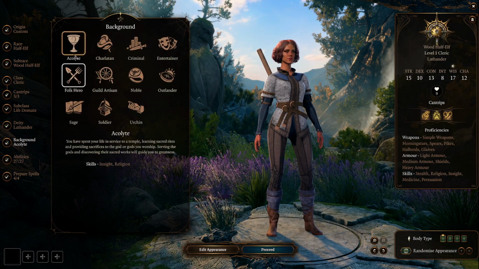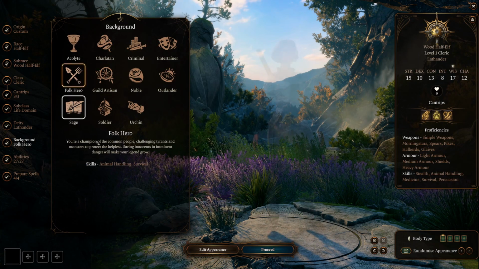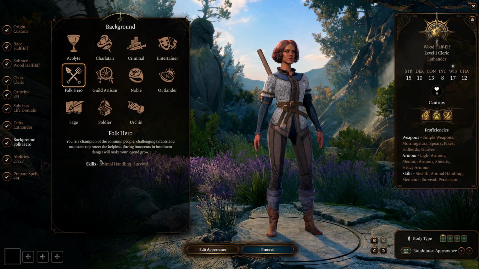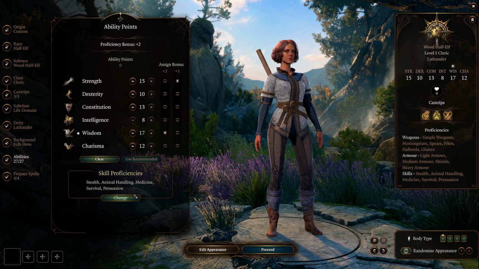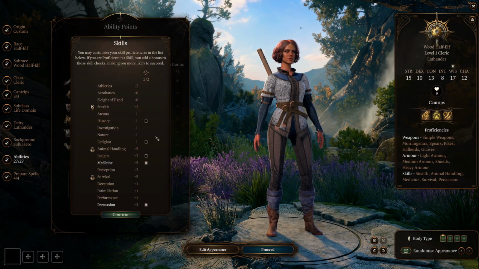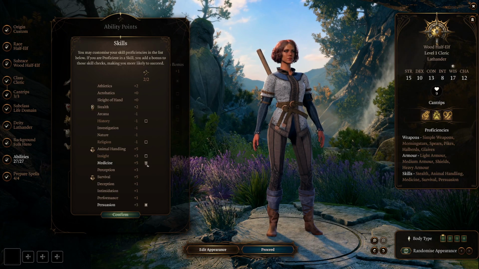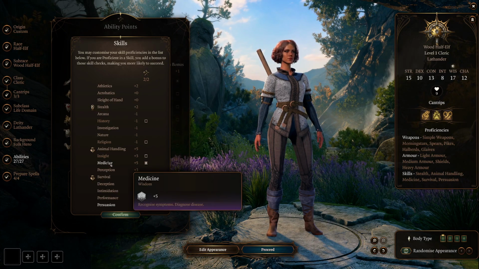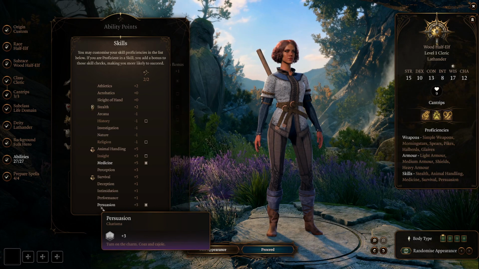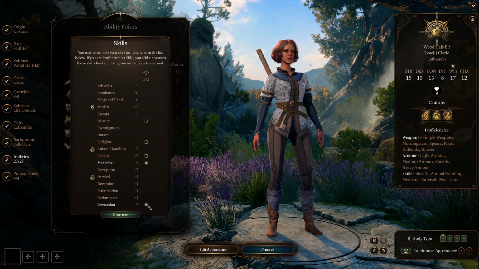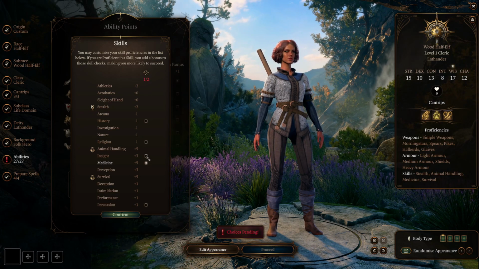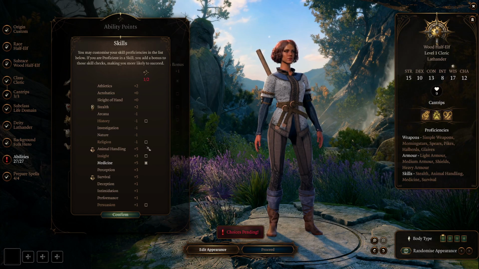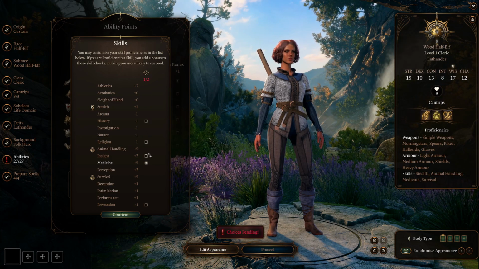The problem is that doesn't help us. Animal handling, though, and survival are wisdom. That opens us up to other things, so we could get rid of medicine if we want. Persuasion. Get rid of that. So I can either take insight, religion, or history.